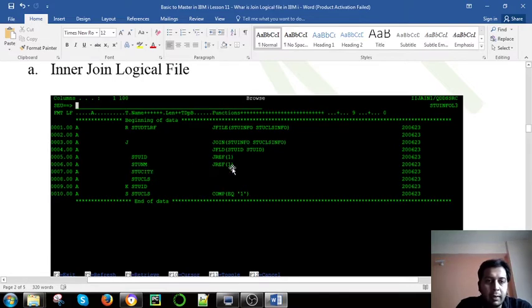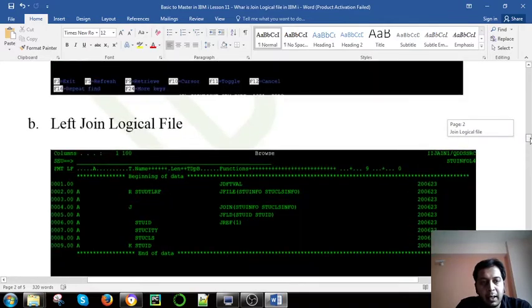It means the values will come from these two fields of the student information, right? And the same selection and omission criteria that we saw in the non-join logical file apply here. So at this level you can see the join-level keywords are introduced; JOIN and JFLD are the new ones.